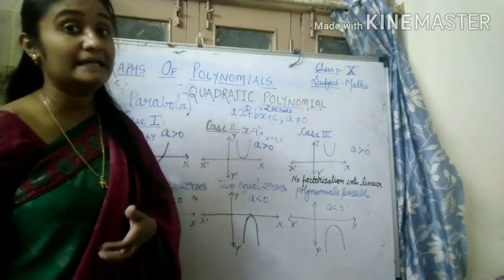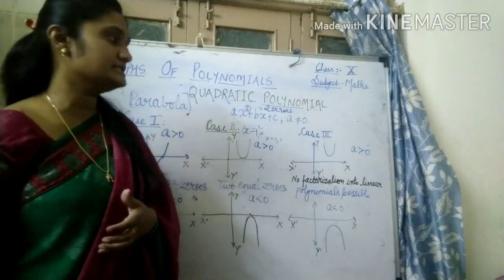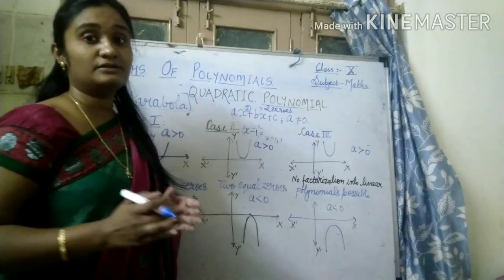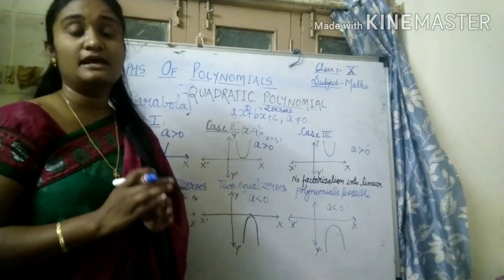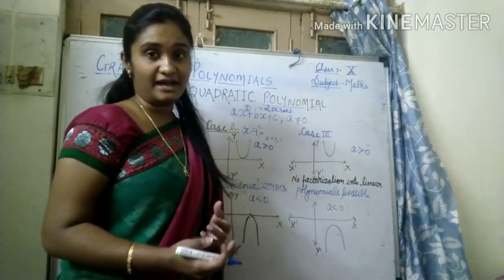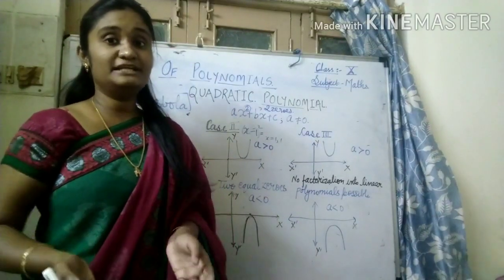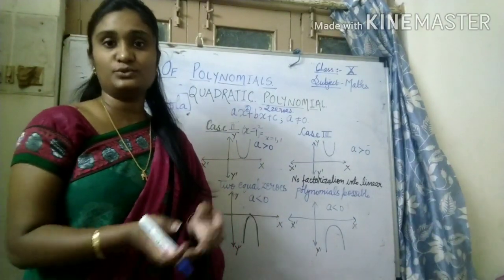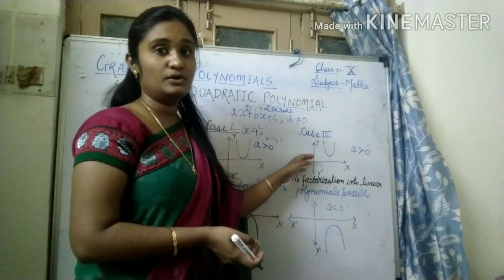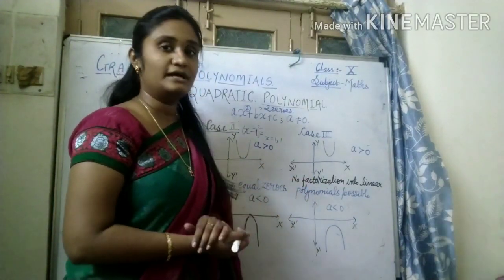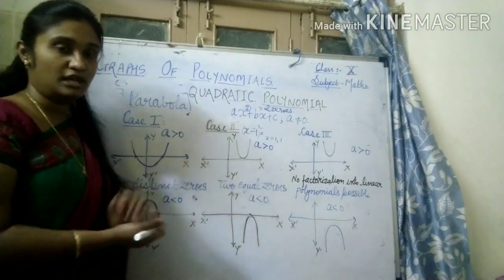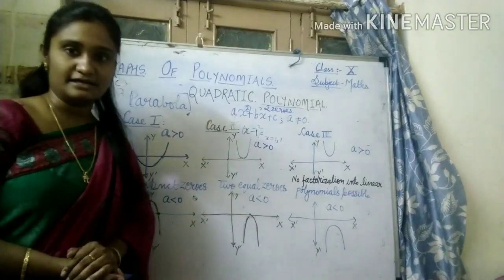Roots exist, but no real roots exist. So here, can you see, is it going to touch the x-axis? Not at all. It is not going to meet the x-axis. It means that for such quadratic polynomials which cannot be factorized into linear polynomials, the possibility of getting a zero out of it is almost next to impossible. So no real roots exist for them. Hence, if a is greater than 0, we get an upward parabola, and if a is less than 0, a downward parabola. So this was all about quadratic polynomials and their graphs.